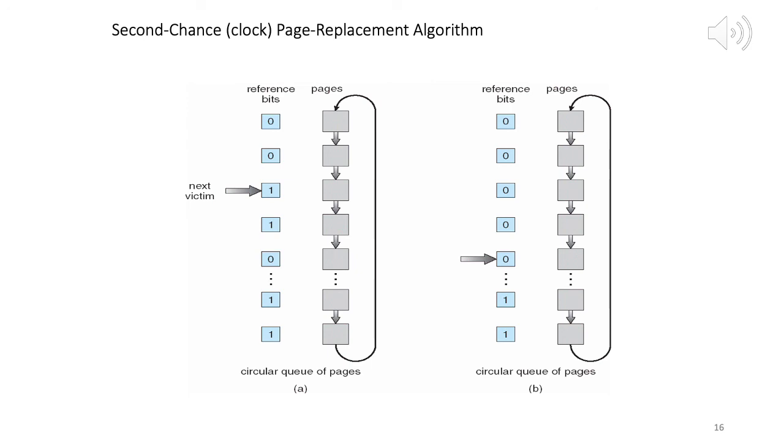So do we evict this page? No, because its reference bit has been set, which means it was referenced. We don't evict it. We move on to the next page, and for this particular page on which the pointer is now, we set the reference bit to 0. Look at the next one, again its reference bit is 1. We don't evict it, and set its reference bit to 0. Next page, reference bit is 0. So we can go ahead and evict this page.